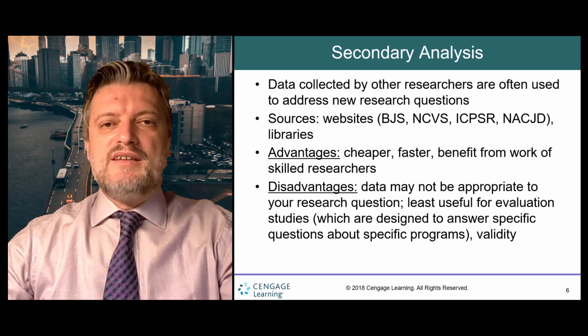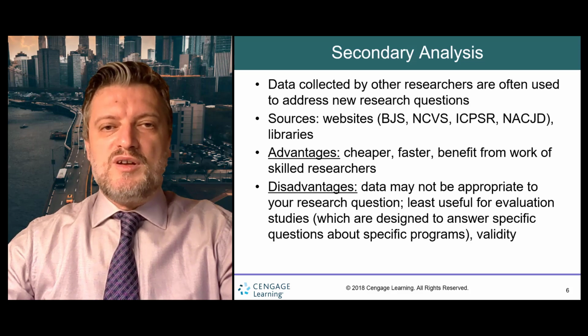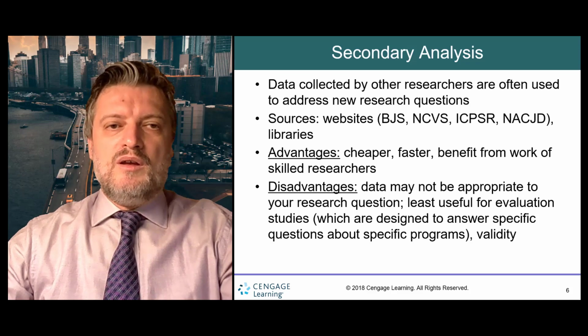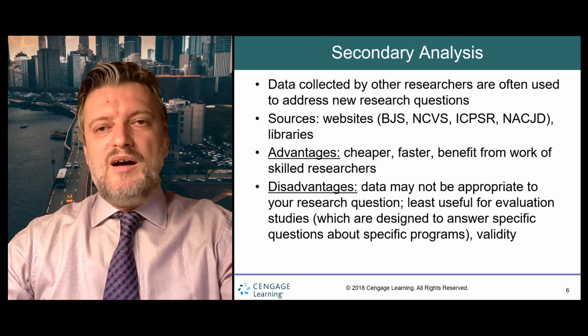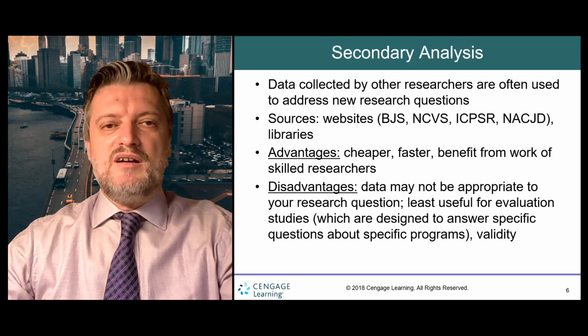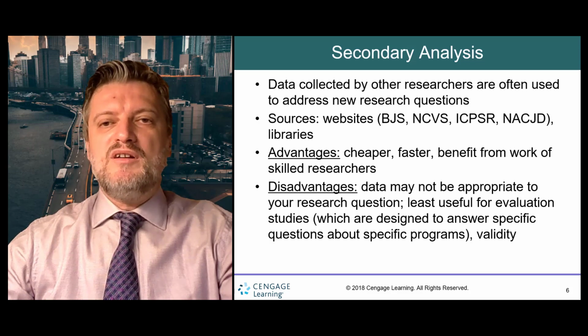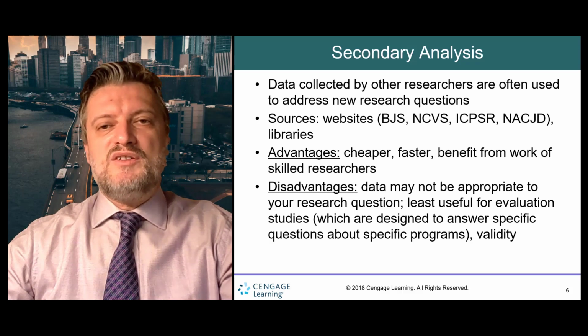Secondary analysis is the analysis of data collected earlier by another researcher for some purpose other than the topic of the current study. Archives of criminal justice and other social data are maintained by the ICPSR and the NACJD for use by other researchers. The advantages and disadvantages of using secondary data are similar to those for agency records. Data previously collected by some researcher may not match our own needs.